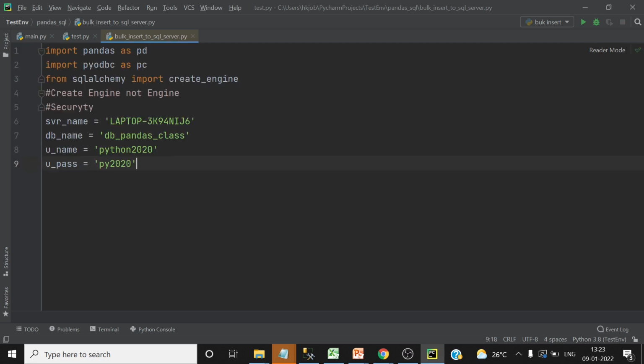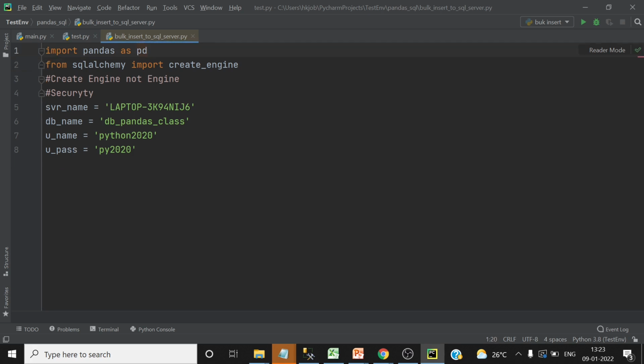Okay, so now the first task is that we have to import all the required libraries and declare the required parameters to create the connection. So here is the code for that. This should be installed. If it is not installed, just now I have explained this pyodbc, but it is not required to import. But it should be available in the project libraries because the SQLAlchemy engine will use the same. Let's delete this, not required.